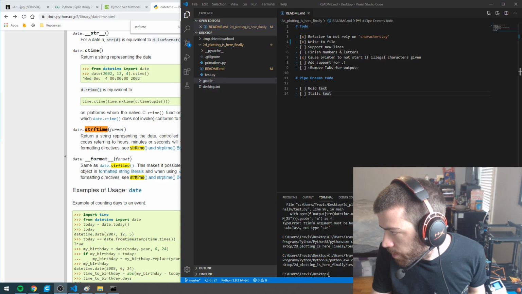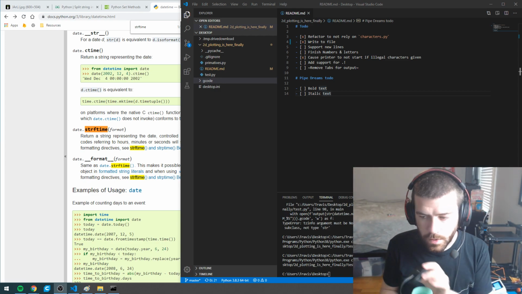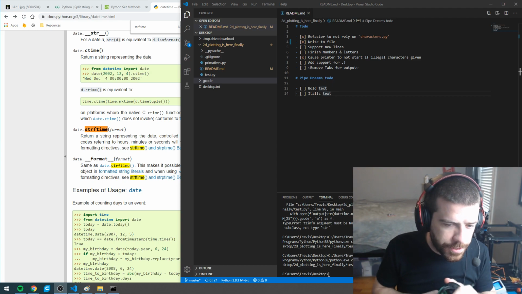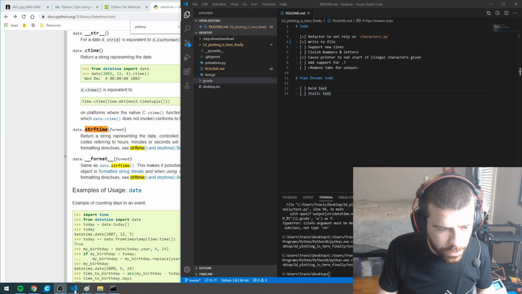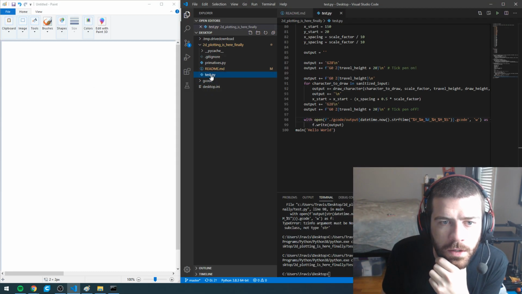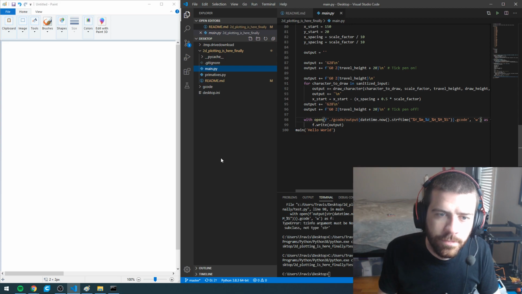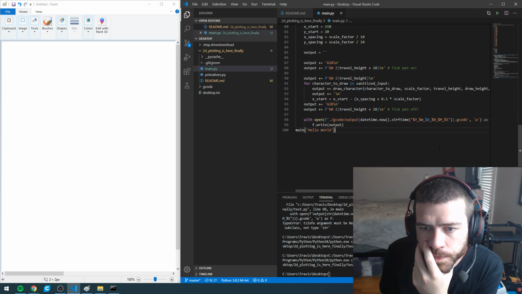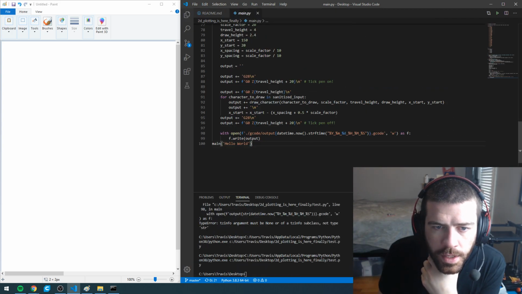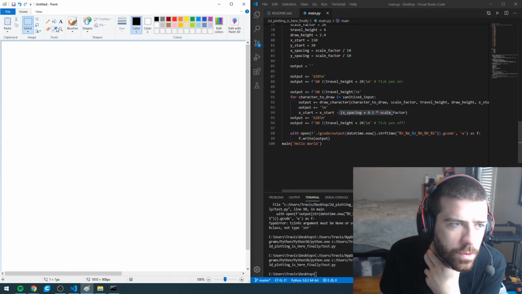Cool. So, let's think about how we want to do new lines. So let's open up our trusty Paint. And let's go look at our main code. To this point, let's give this a better name. Sweet. Okay. So, each time we draw a character, we give it this spacing after the character's done. And so,